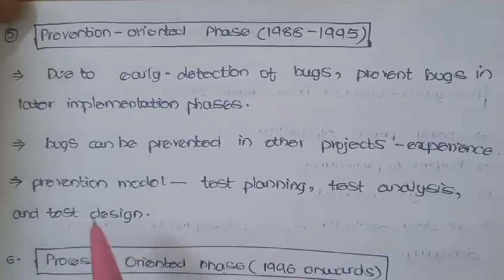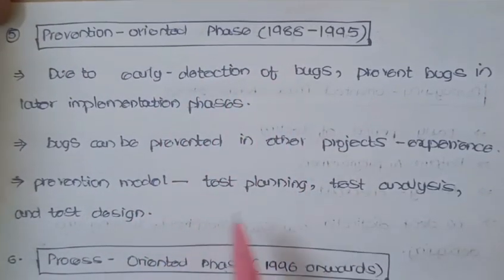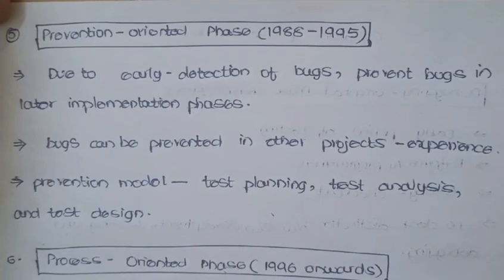The prevention model, which is used in the prevention oriented phase, includes test planning, test analysis and test design. So the last phase of